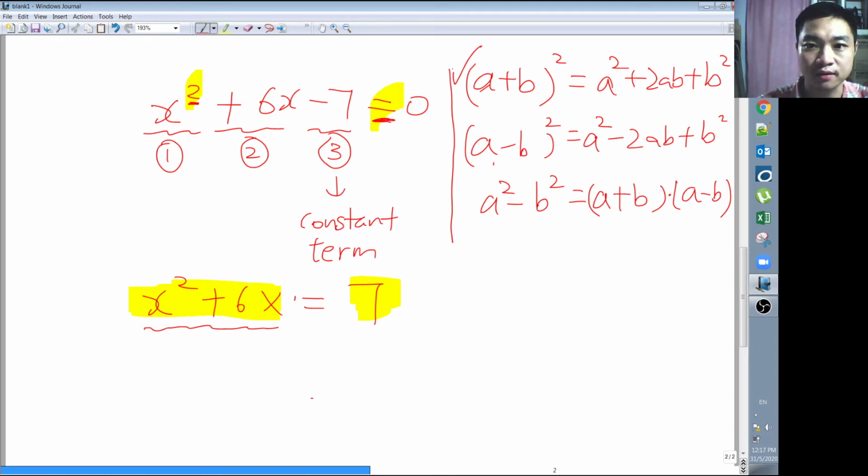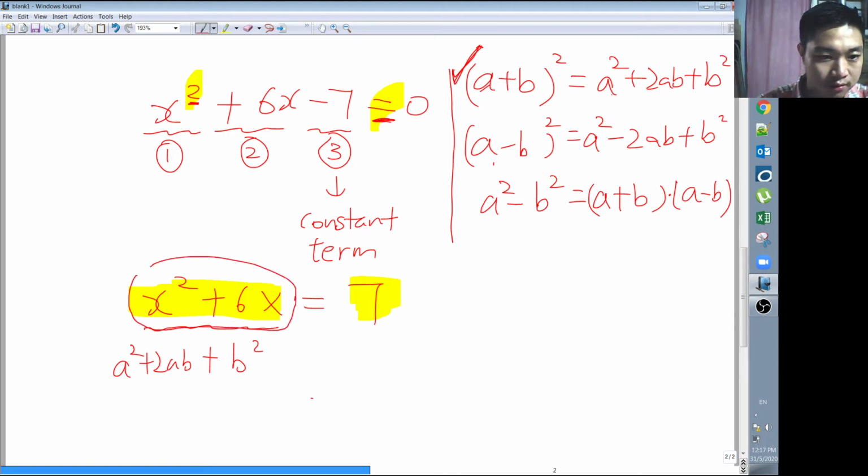Okay, you need to make use of this. Let me just write this down first: a squared plus 2ab plus b squared. To complete square for these two terms, you need to have